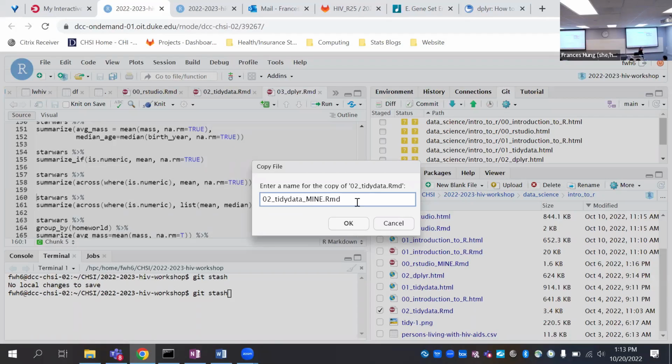If anyone needs help, raise your hand. Yeah, go ahead. That doesn't matter. It's not, let's make sure. It's not data science individual.